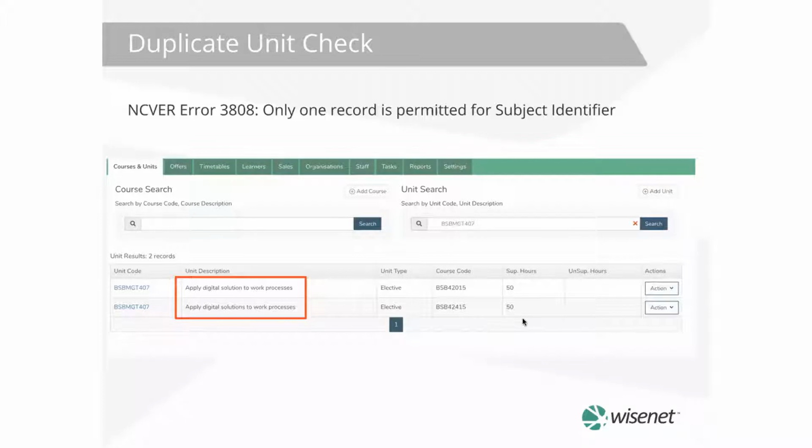Sometimes, the system does allow multiple hours because you do have that unit being core against one and elective against the other. So you do have the option of choosing the way you want to deliver it or the type of the unit. So the supervised hours usually don't throw this error, but definitely the code and description, and also